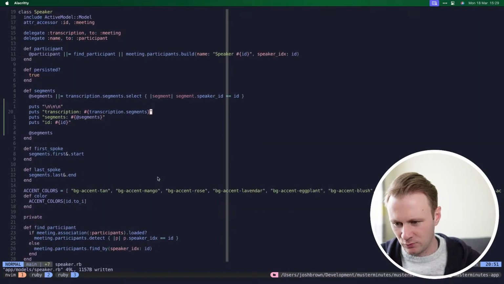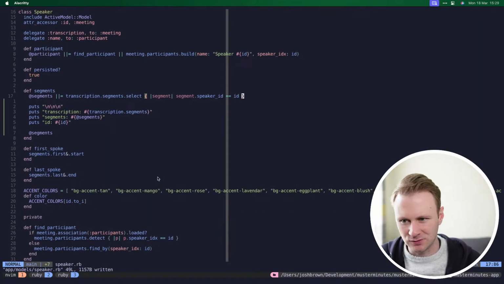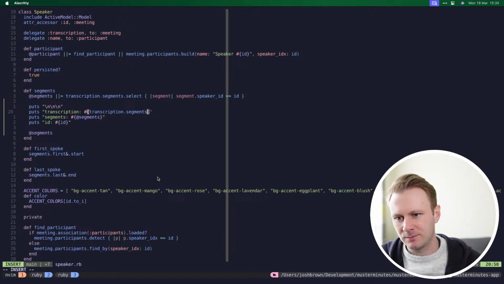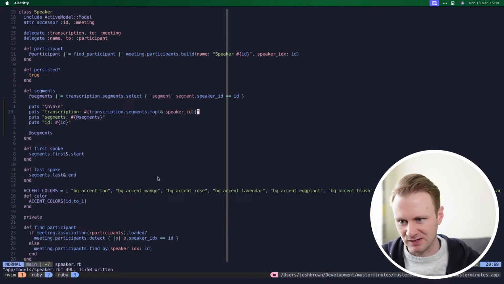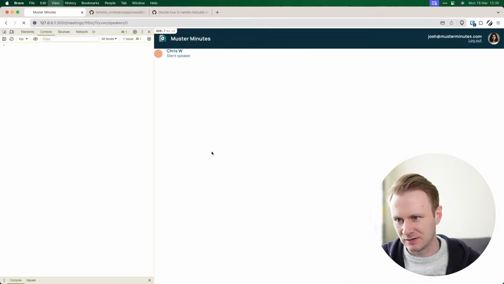I guess what's a bit weird, what am I actually doing here? What speaker_id equals ID. Perhaps I could map this to the speaker ID, so I can just see